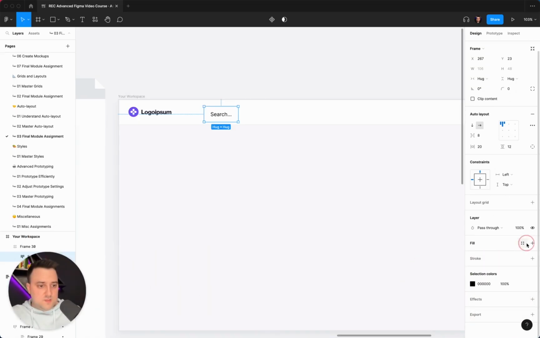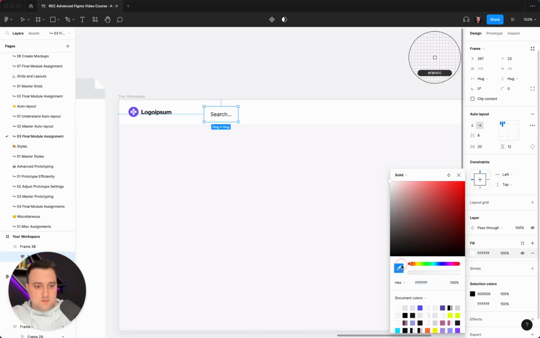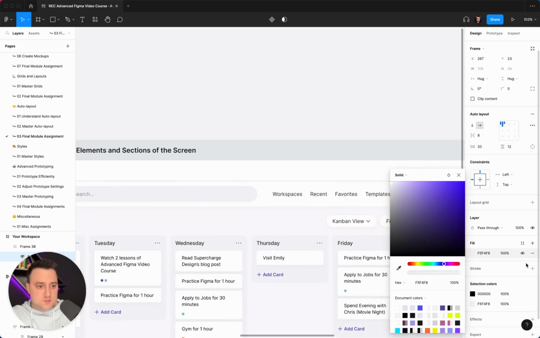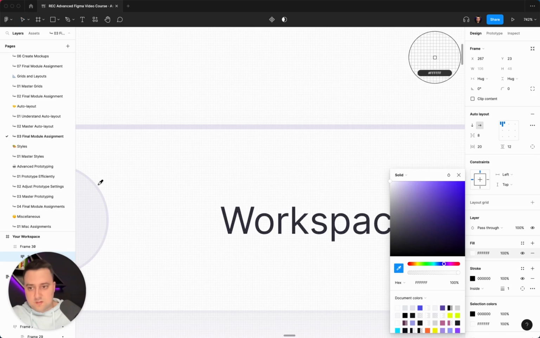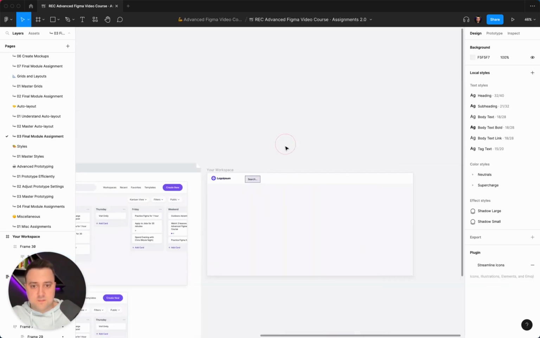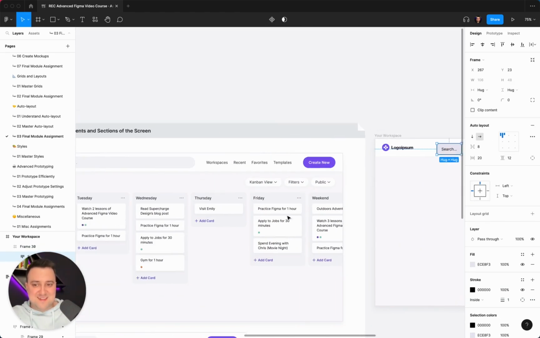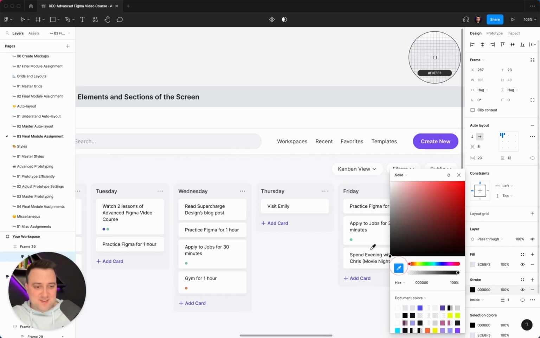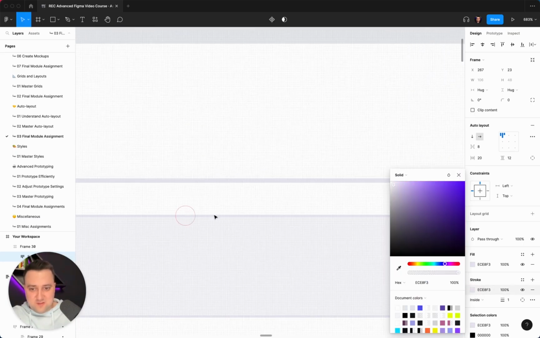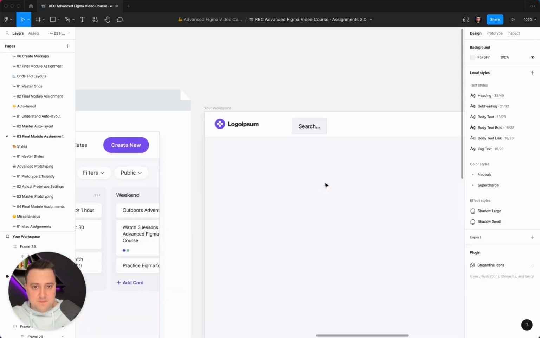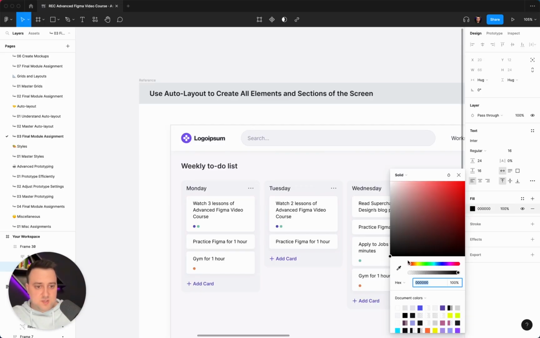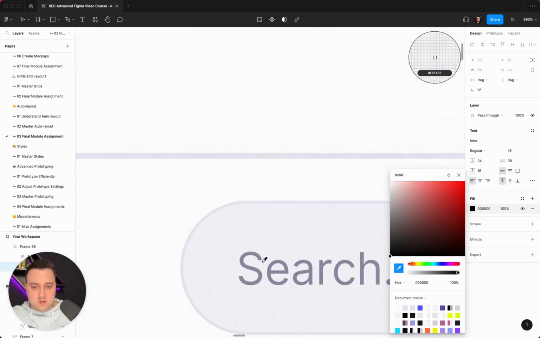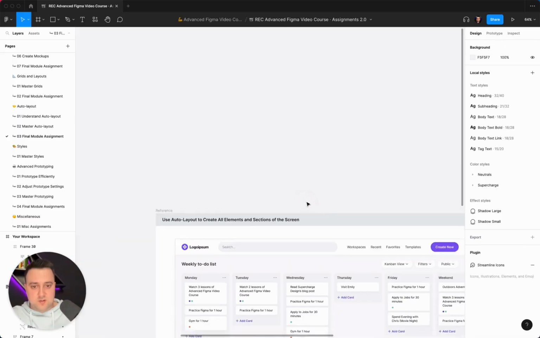I'm going to use a fill. I'm just going to color pick it from here. I'm also adding a little stroke, color picking it from there. Ooh, that's definitely not that color. Sorry. Stroke and the fill. Yeah, perfect. Also, it seems that the search is a little bit lighter color while it has this placeholder instructional